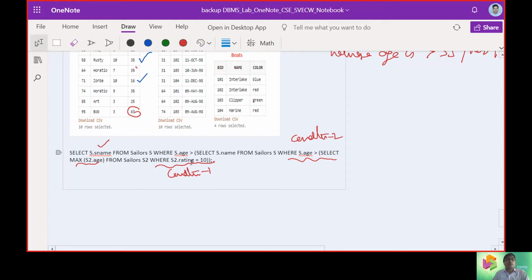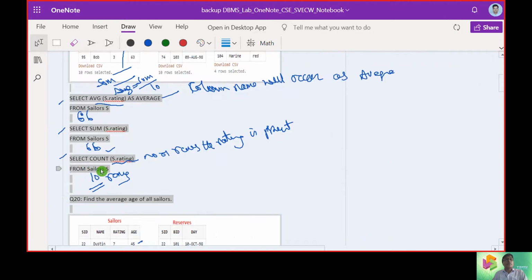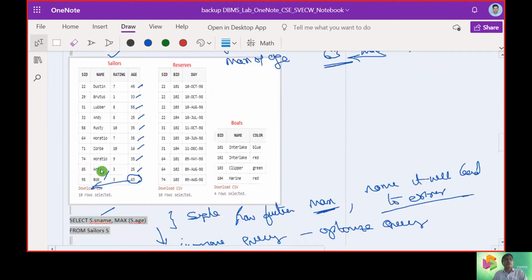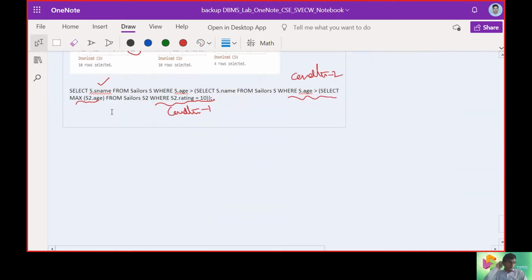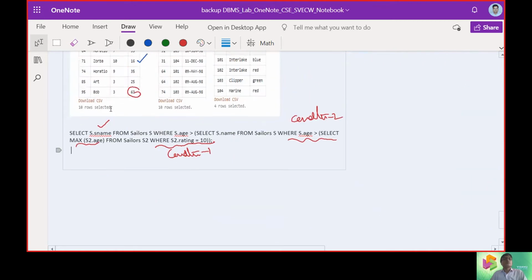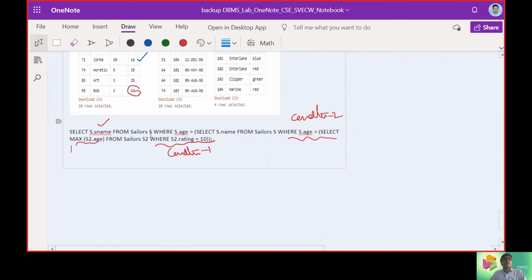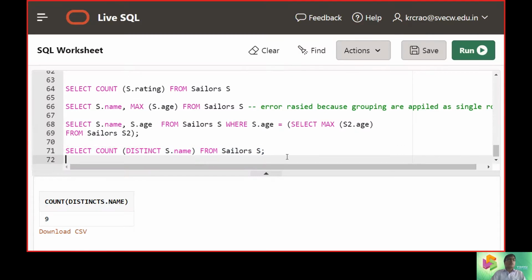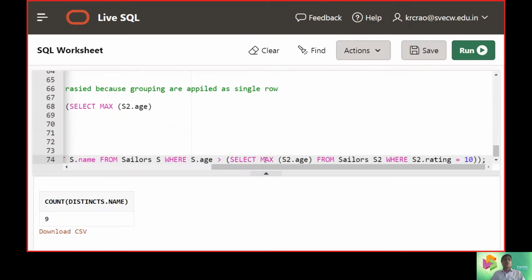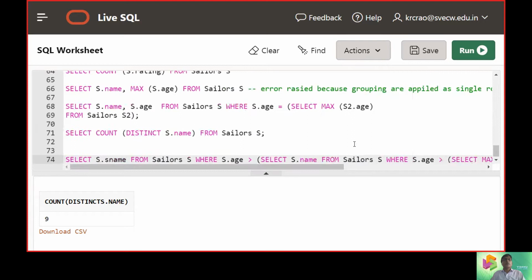Just check whether it is executing or not. Let us verify it. Selecting the query here, moving to our SQL editor. Now I'm typing the query here.